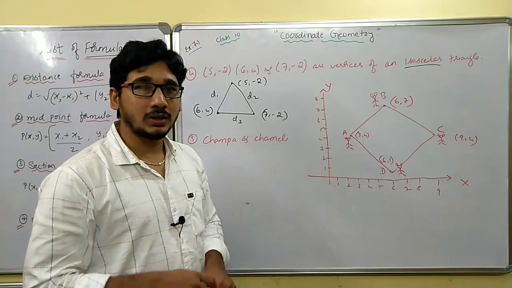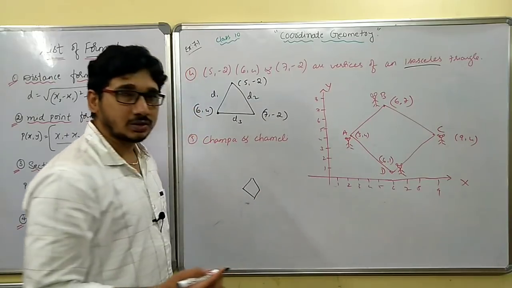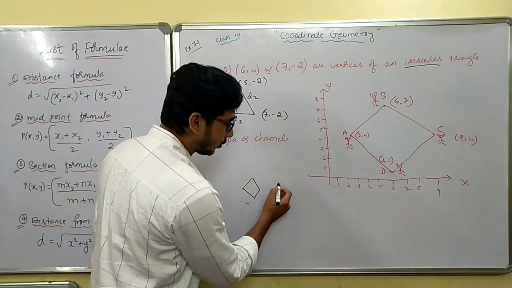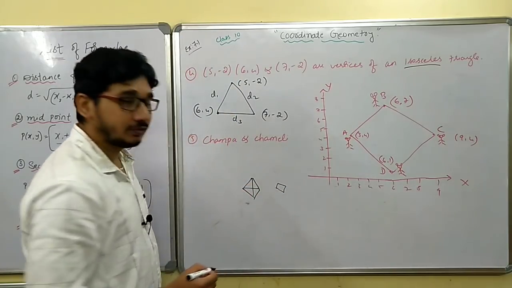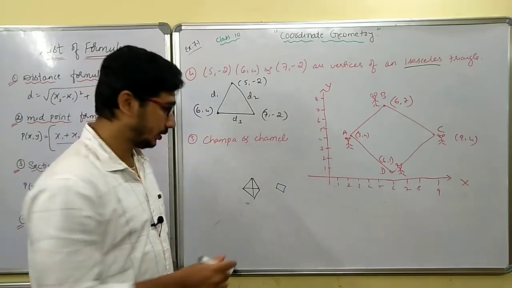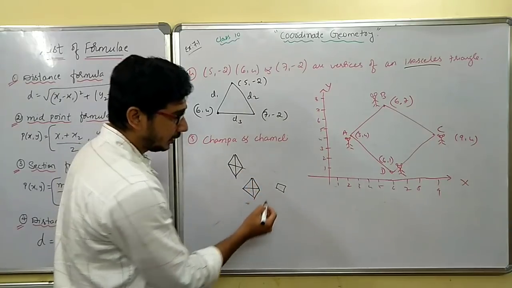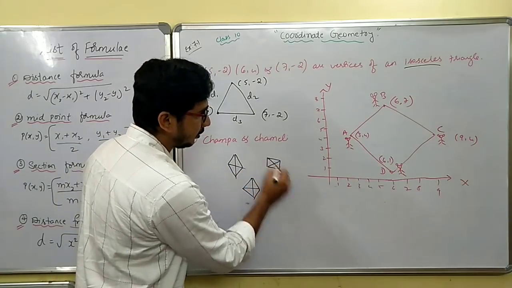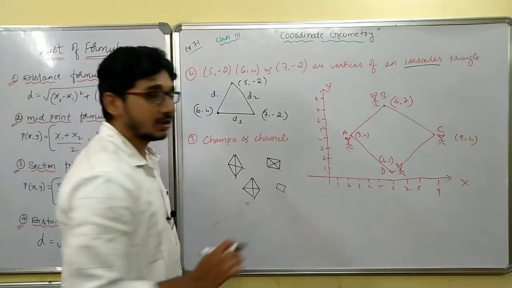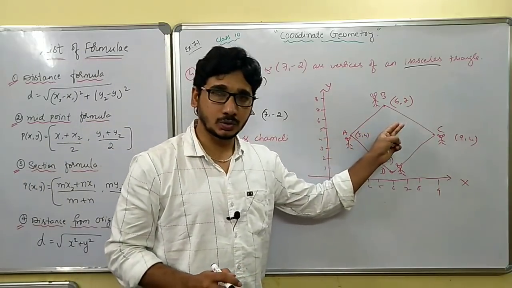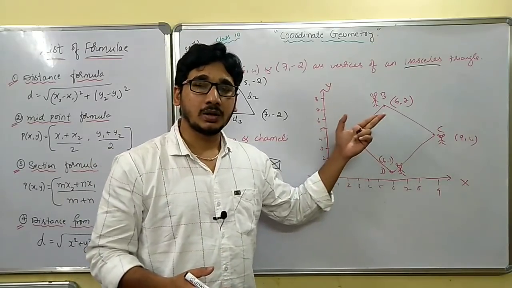Now you will get all the distances between the points. After that you have to tell if it is a square. See, if you get all the sides equal, there is a chance of a rhombus and also a chance of a square. So you have to find the diagonals. In a rhombus the diagonal values will be different. In a square, the diagonal values will be the same. If the diagonal values are the same and all the side values are the same, then we call it a square. If the diagonal values are different, then we call it a rhombus.